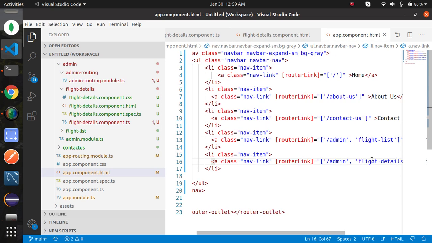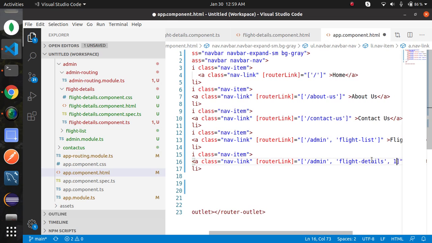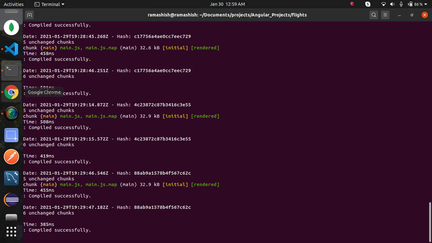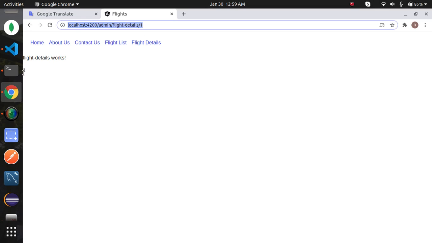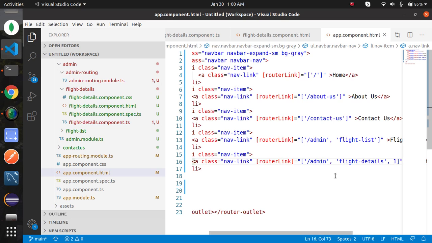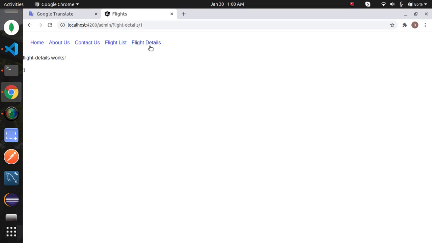Suppose I am giving 1. Let's go to your browser. Click on flight details. Here value 1 is rendered. Provide value 2. Click on home, then flight details, then the value is rendered here. This means we are successfully fetching the parameter value. So this is working fine as well.